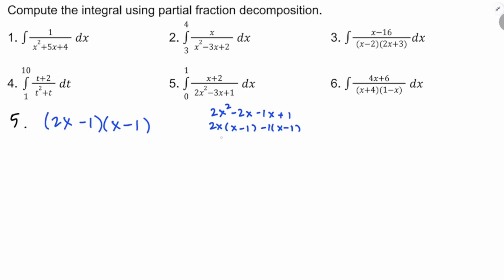Maybe I factored out a negative 1 there, and then I have x minus 1 I can factor out, and I'm left with a 2x and a negative 1. There you go, that's how it goes. But if you can see it, you don't need to waste your time doing that. Okay, so